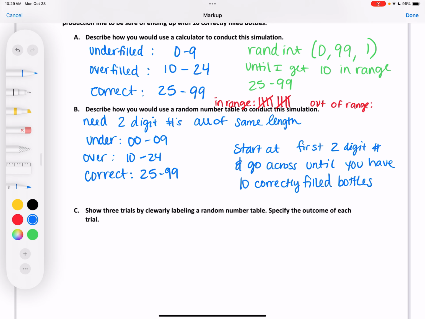I could have done 10 and gone across 1, 2, 3, 4, 5, 6, 7, and logged them, and then I probably would have had to hit it again. But I just do 1 at a time and keep hitting it. So it's a fair trial, essentially. And how many times do you think we should hit it for this one? Well, I said you had to have 10 that were in range. 10, okay. So until you get